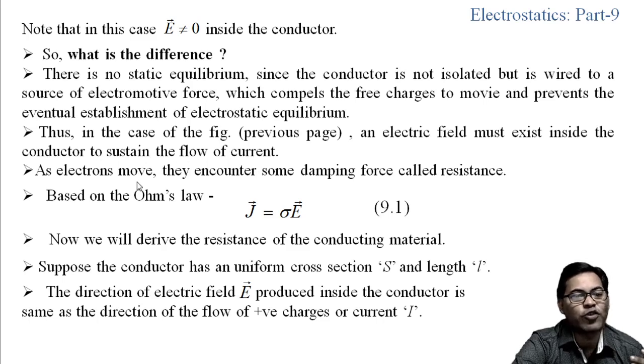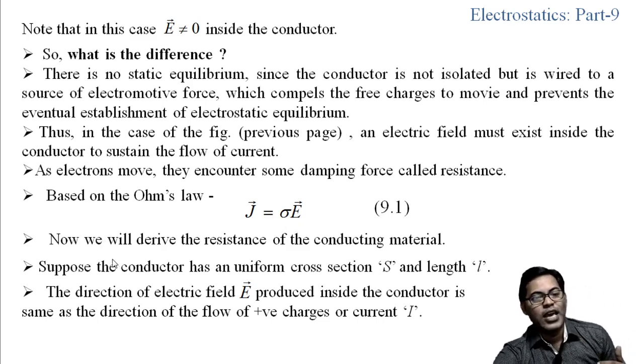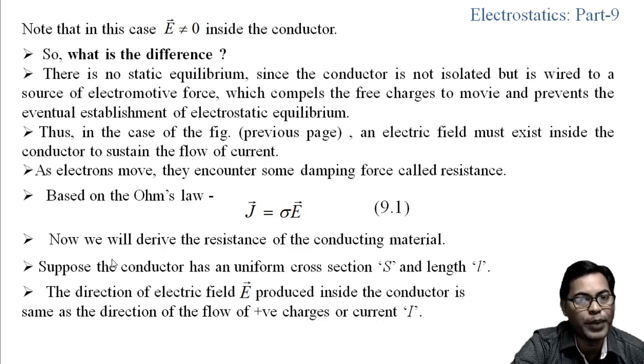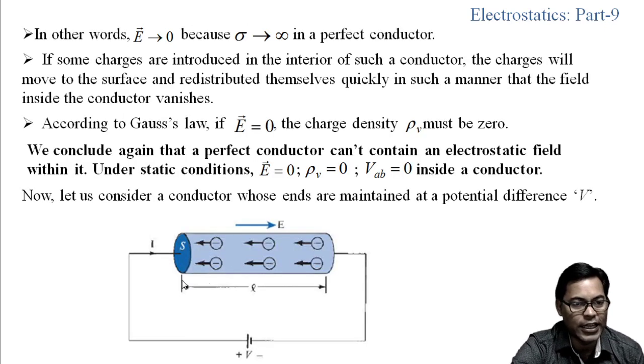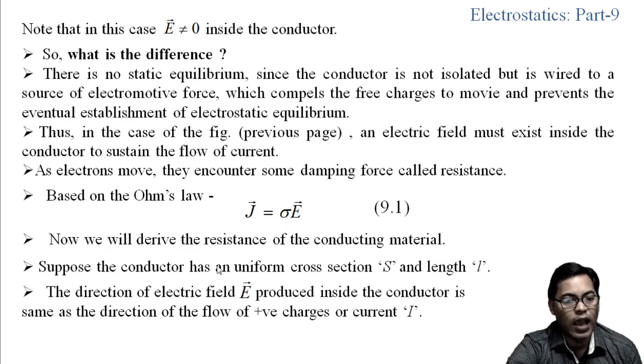Now as the electrons move, they encounter some damping force called the resistance. Based on Ohm's law, J equals sigma E, as we have seen. So now we are going to derive the resistance of the conducting material. Suppose the conductor which we have considered here has a uniform cross section S and the length